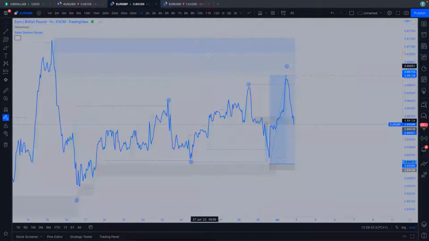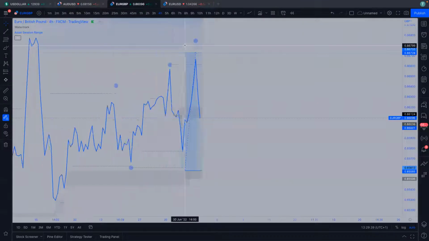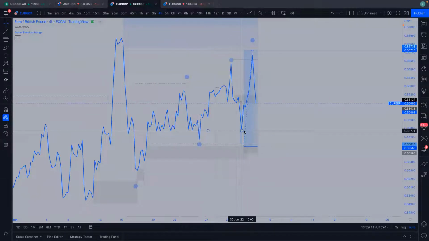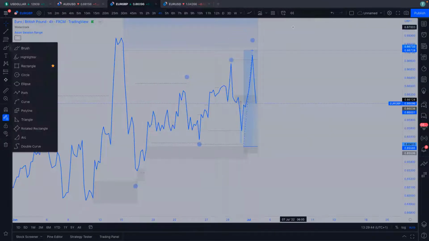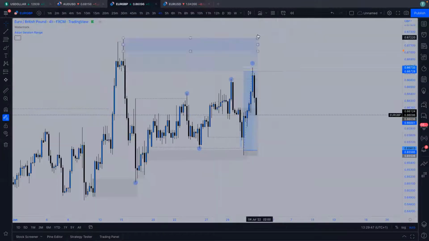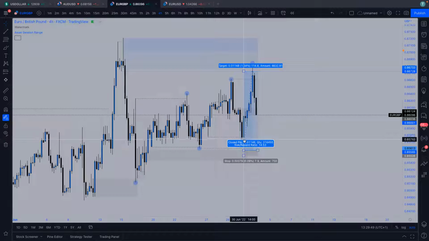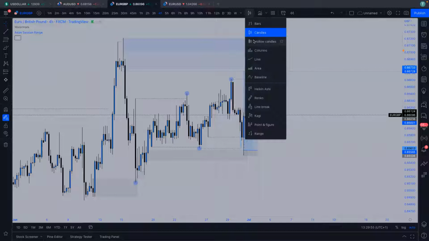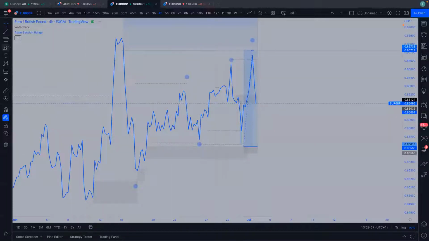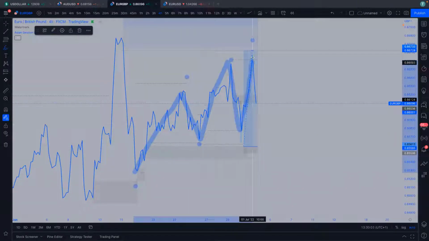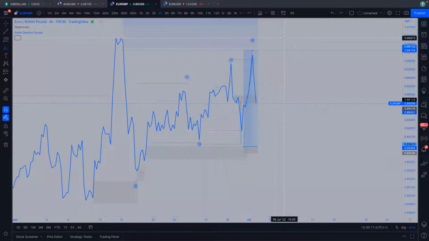But the one thing which I quite like to do is, if we look on the line chart and put it into a 4 hourly, one of the reasons why I did really want to hold this was that when we had created our new 4-hour candle, we'd created such a big long wick. When price had closed up here, put it on the line chart, and you can really then see the structure that's playing out. So you've got your low, high, high, high, high, low, and our high, high. So now really, if we're going to create a new high, low, to then go high, high, and dig a little bit into this order, we'll see.